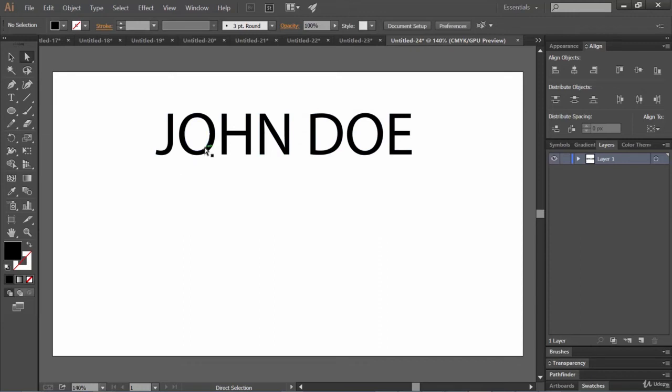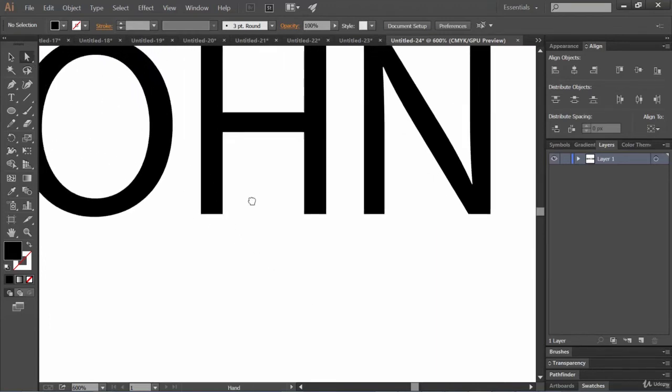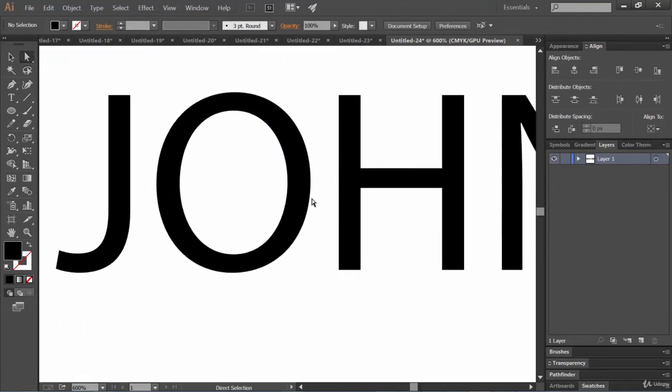And now using the direct selection tool, you select this O. Remember to select the fill section, not on the stroke. Okay. See, let me zoom in and let me drag it. See, zooming and dragging around your document, it's really very handy. So Control plus for zooming in, and for dragging around your document, spacebar drag. That's it.